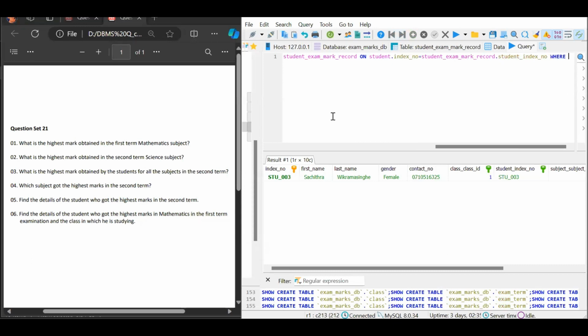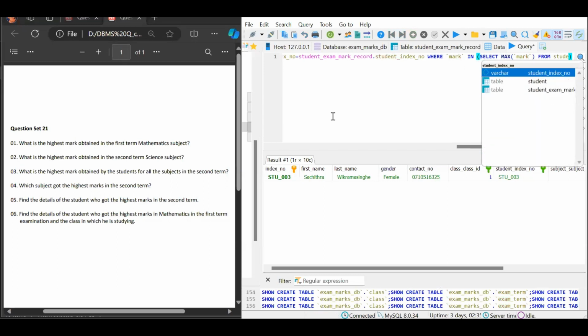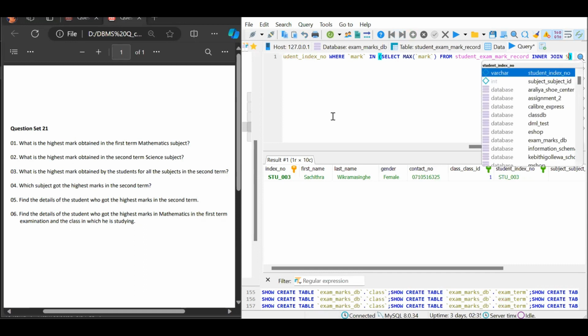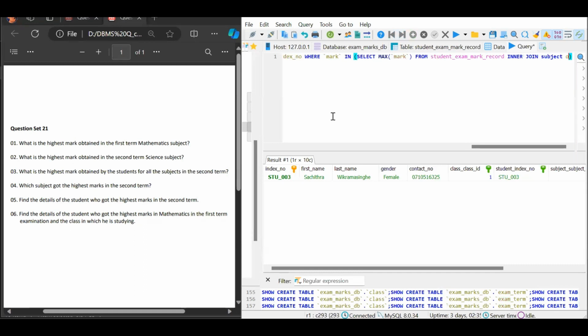and then we can give the where clause as where the mark, and you can use the in keyword here, as we are going to use a subquery, and then select. We need to find the max mark here, as we have to find the highest mark obtained, and then the mark from the student exam mark record table, and we use an inner join here, as we have to join the subject table and the term table, and then let's first join the subject table on